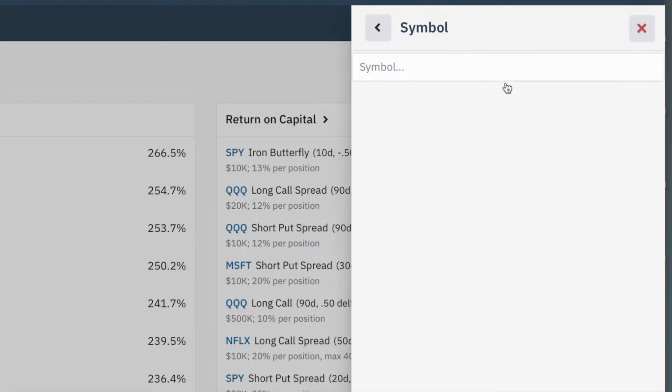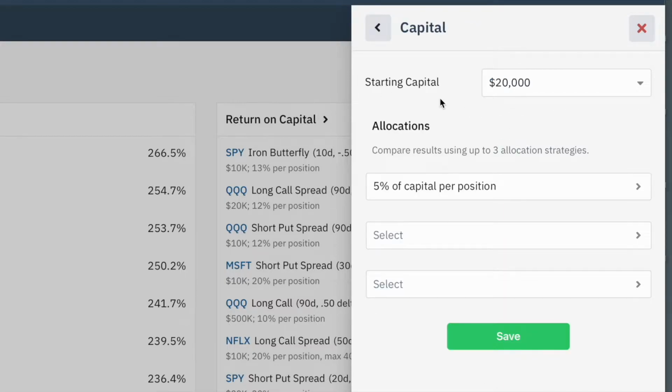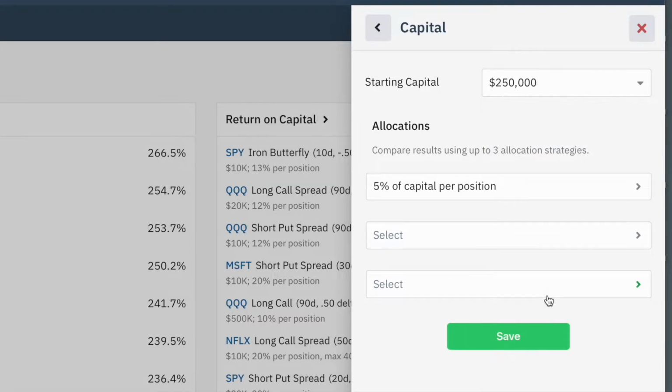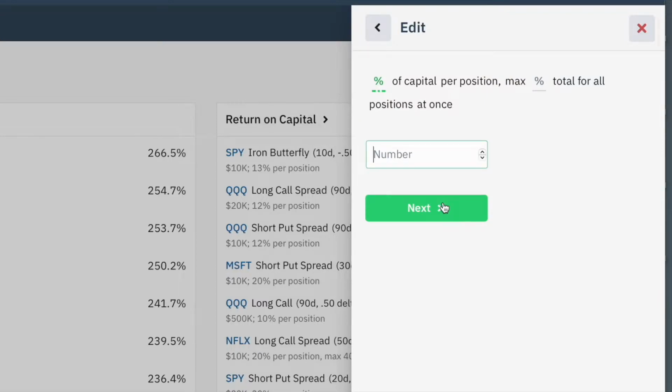So first off with the symbol, like I said, we're going to go with SPY. And then for the capital allocation, we'll click on this and we'll say for our starting amount, we're going to begin with $250,000. And then for each trade allocation, we're going to say that at most for every trade that we're going to make, we're going to allocate no more than 5% of our total capital for that one position. Right, so you can see that here, 5% of capital per position, and then a maximum amount of, we'll say